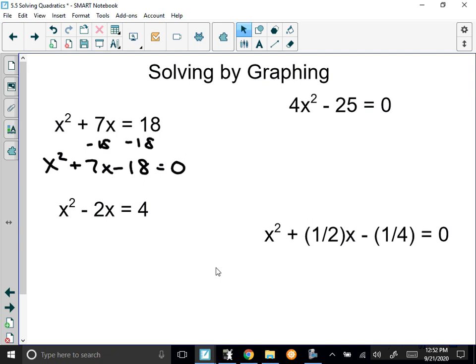Okay, so you're going to have to be careful which one you choose because there's only one of them that you can solve by square rooting. Then there's one other one that you'll be able to solve by factoring. And there's one that you have to use graphing because you can't use any of the other methods. So you're going to have to know all 3 of them pretty well and how to do them. But as far as your checkpoint quiz goes,